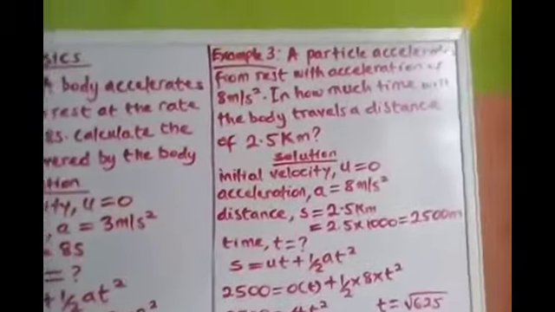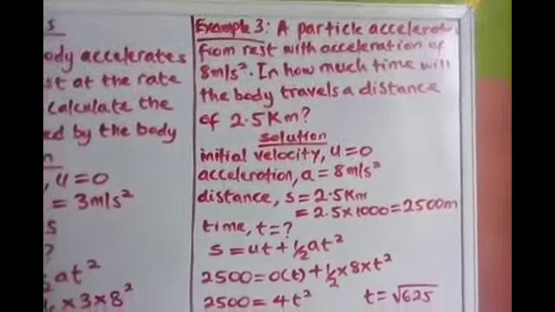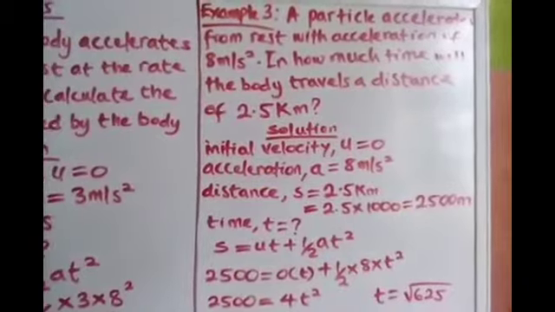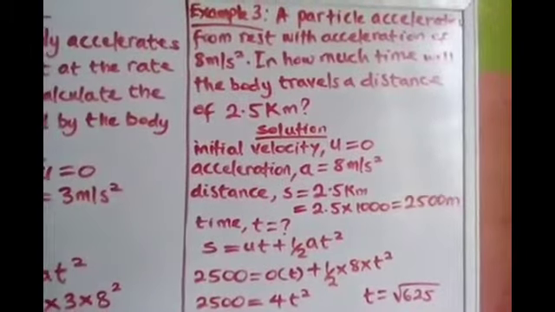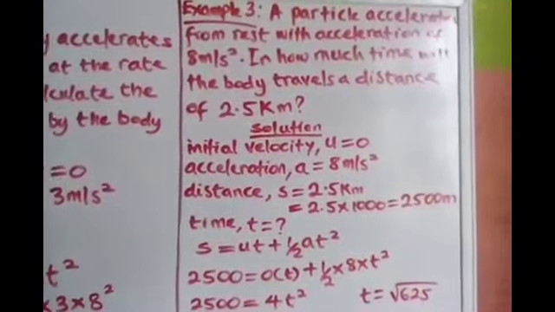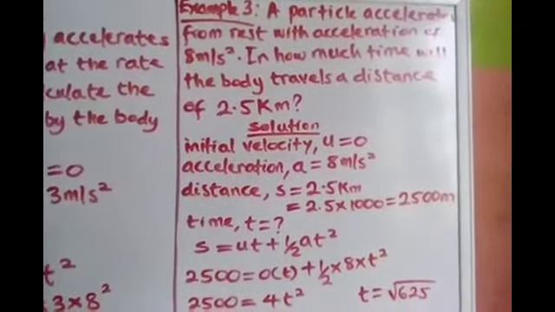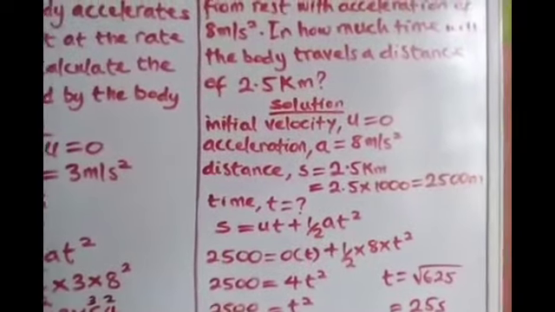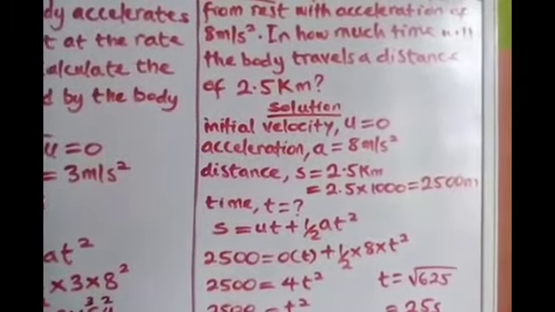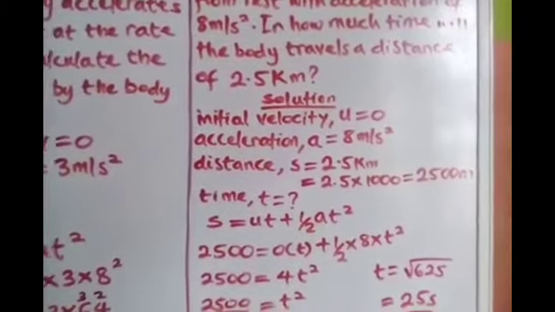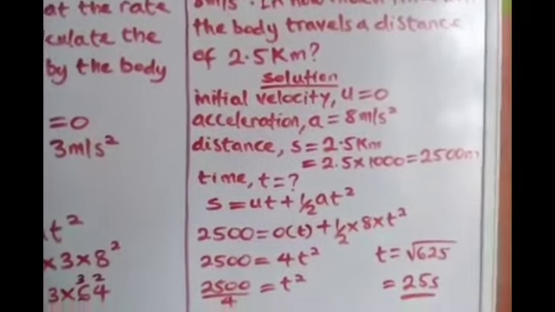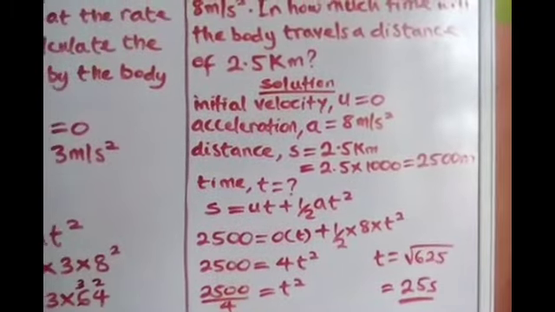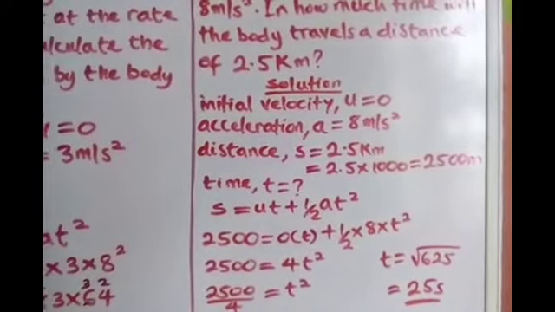Example number 3. A particle accelerates from rest with acceleration of 8 meters per second squared. In how much time will the body travel a distance of 2.5 kilometers? From there, we write out the given data. Initial velocity u equals 0, acceleration a equals 8 meters per second squared, distance s equals 2.5 kilometers, and we know that the basic unit of measurement of distance is what? It is meters. So we have to convert that 2.5 kilometers to meters. That will now be 2.5 times 1000, which will give us